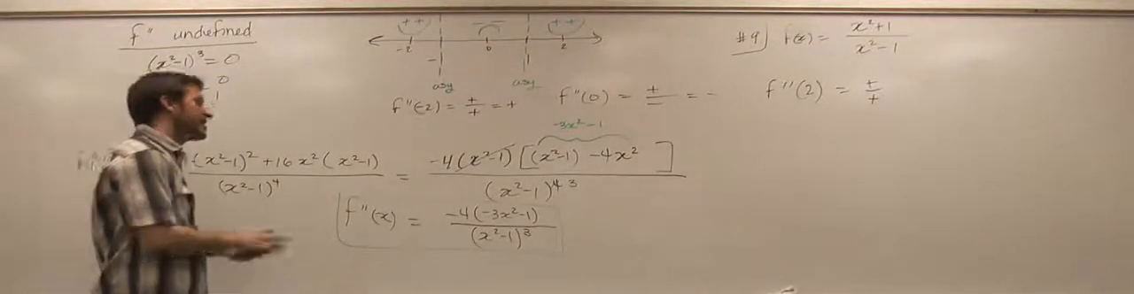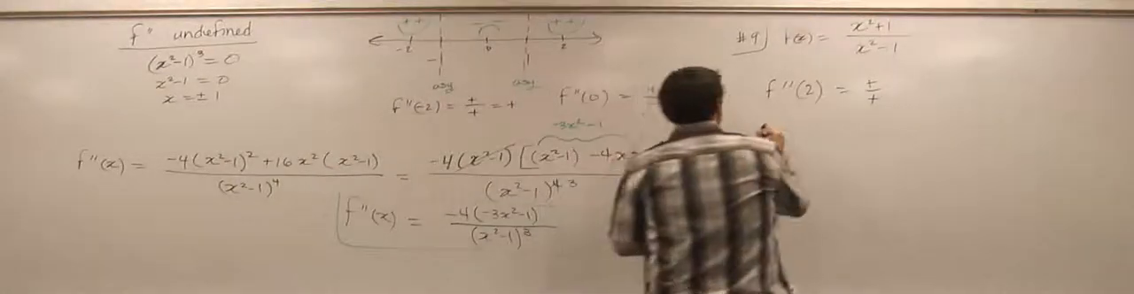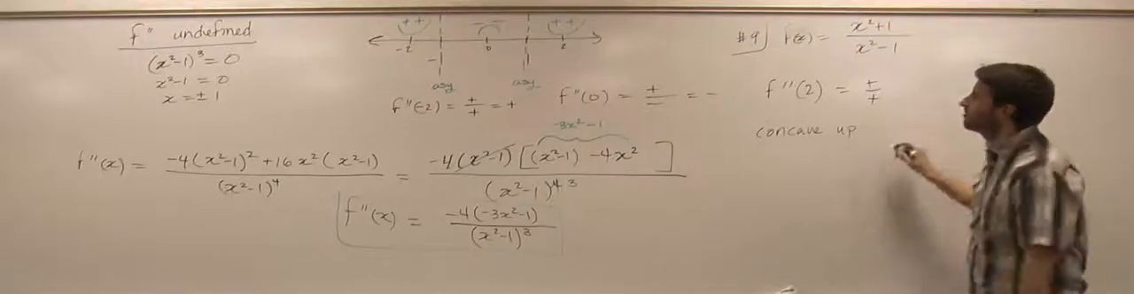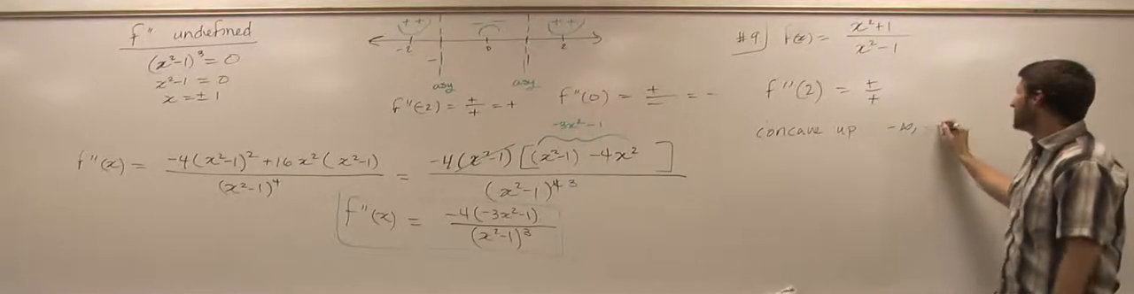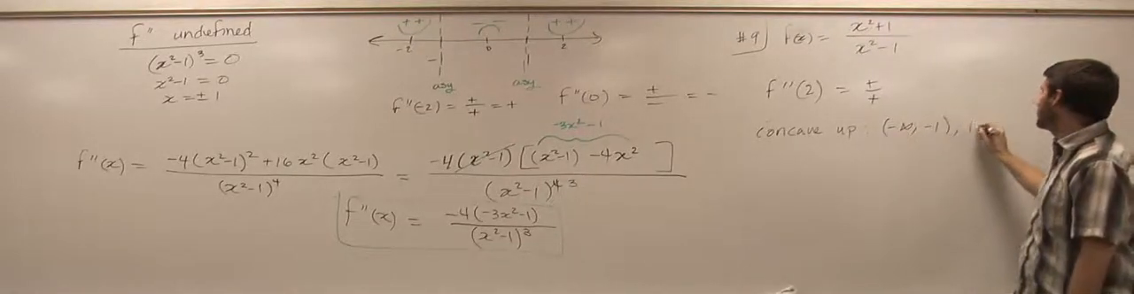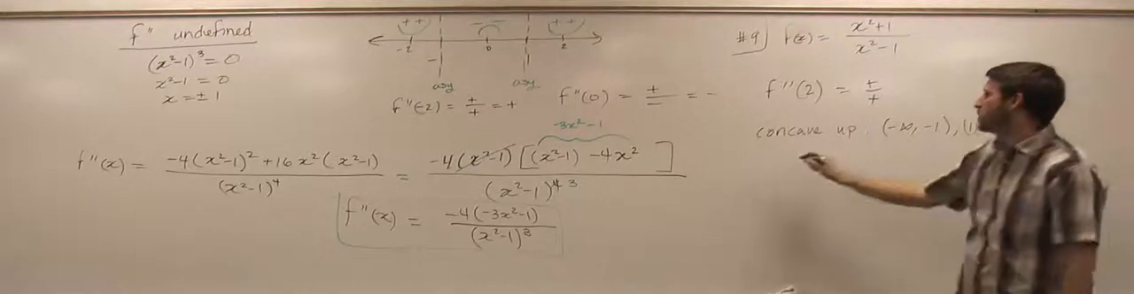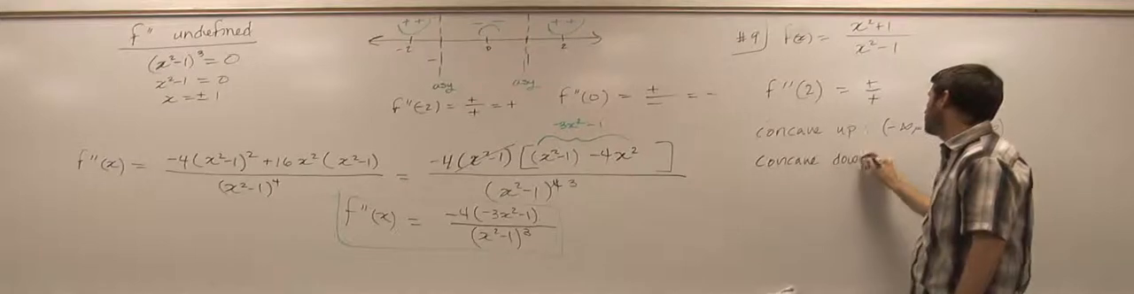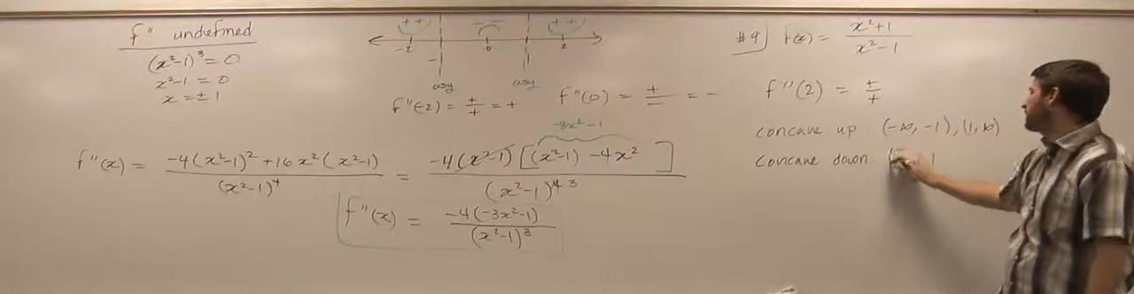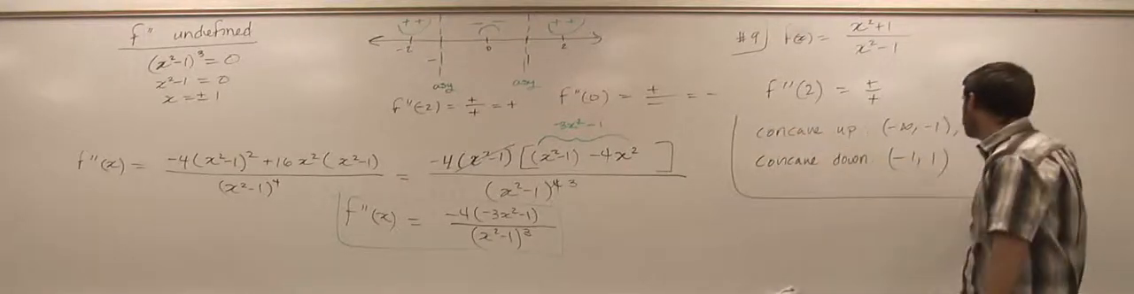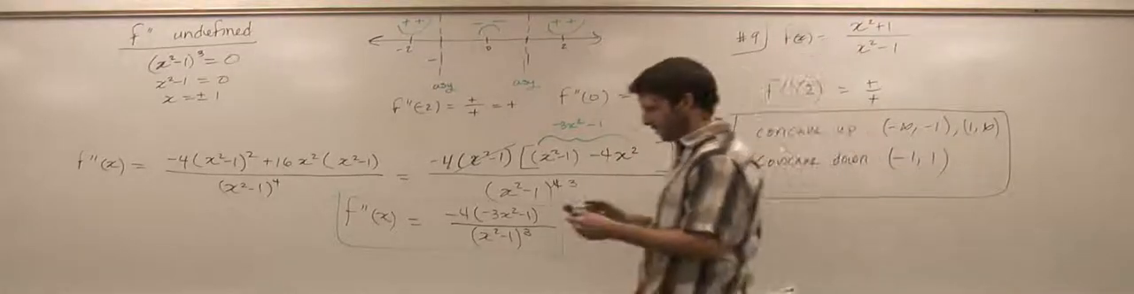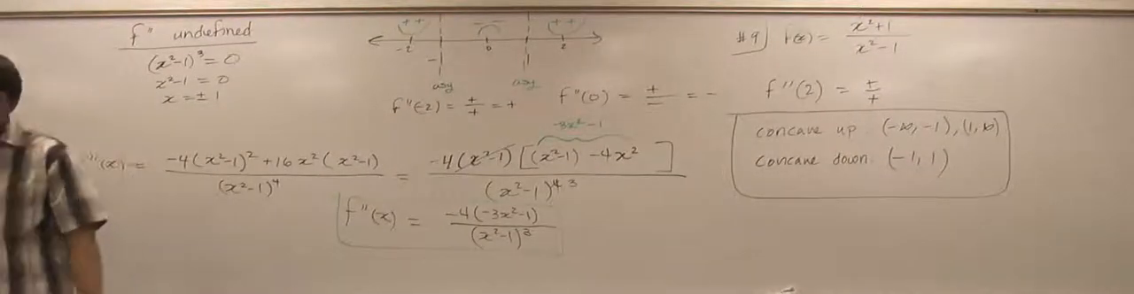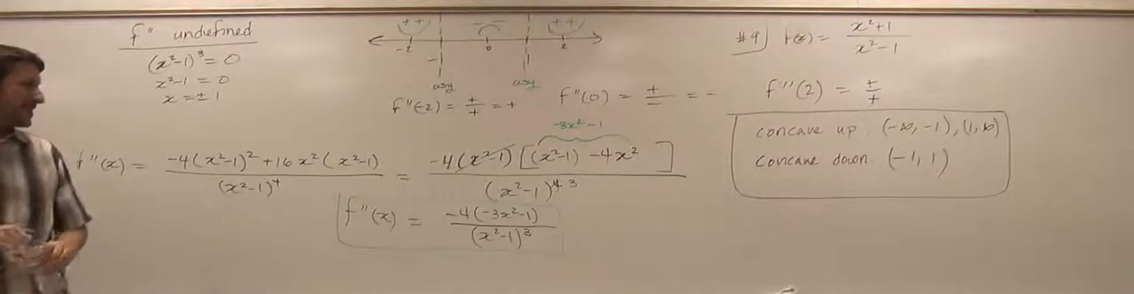So the concavity is concave up, negative infinity to negative 1, and 1 to infinity. Concave down, negative 1 to 1. How many of you could do that problem if